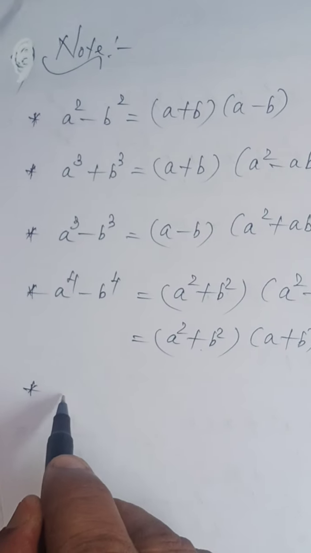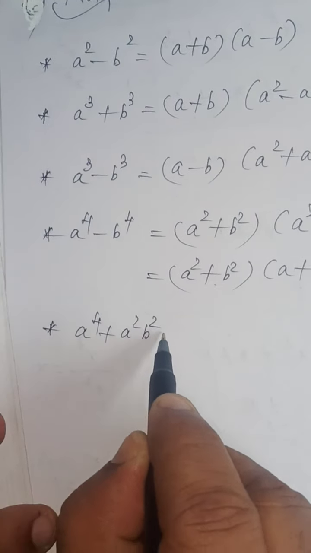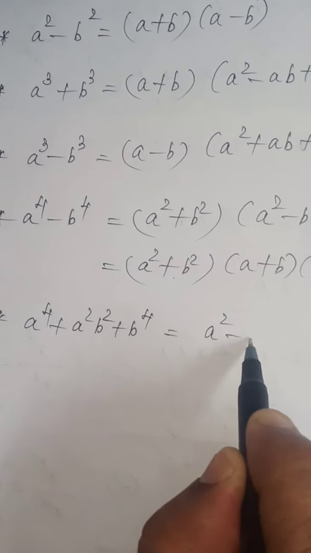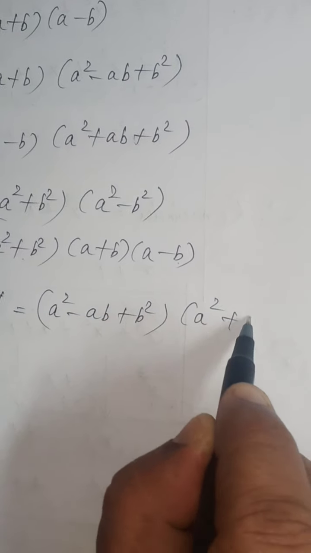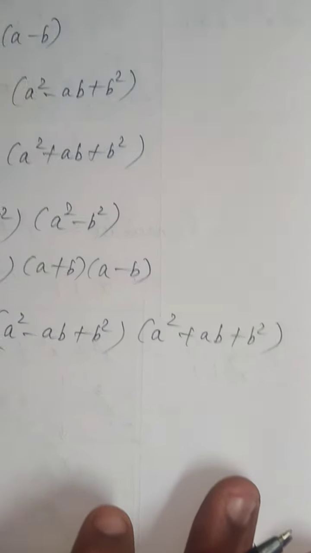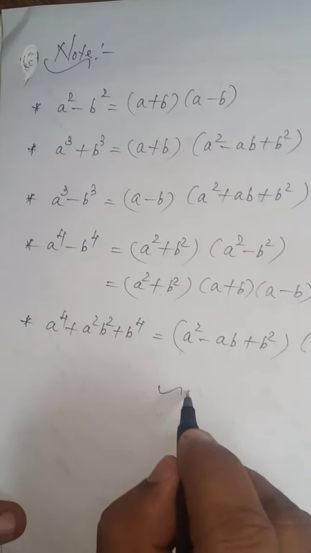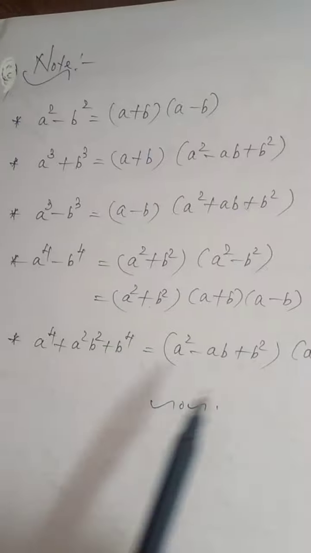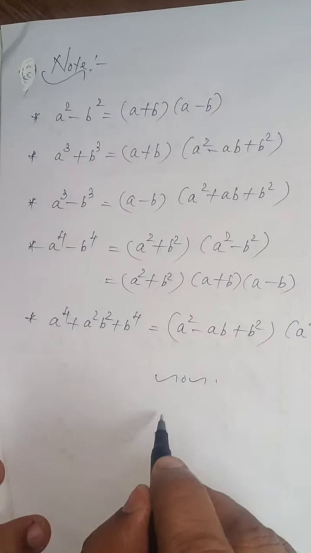Next, a power 4 plus a squared b squared plus b power 4 is equal to a squared minus ab plus b squared into a squared plus ab plus b squared. These are the identities to be applied for finding that LCM in particular. Even for GCD, sometimes we are applying these identities. Now we can get into that exercise